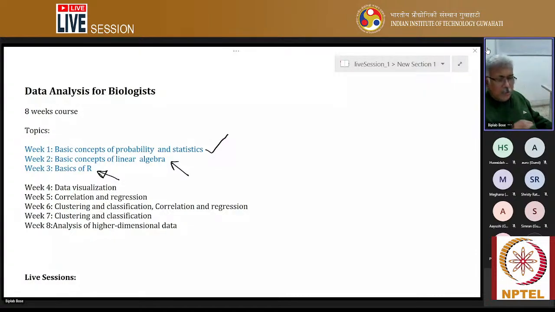The main issue is every algorithm, every method of machine learning, starting from regression-based models to clustering, classification, dimension reduction, whatever you learn, everything relies on concepts of probability and linear algebra. Now, if you do not understand those basic terminologies, then you are in trouble. I can teach you how to press switches or copy-paste some R code, but that will not help you. That may help you to analyze one set of data. That may help you to create some pretty pictures, graphs maybe, but that will not help you in the long run